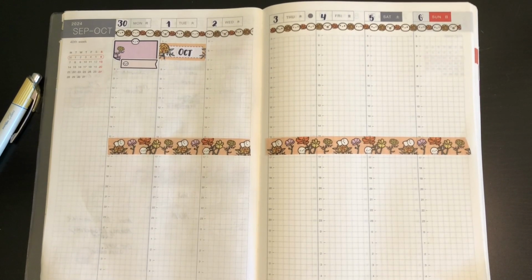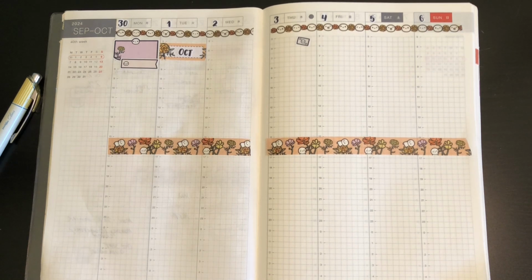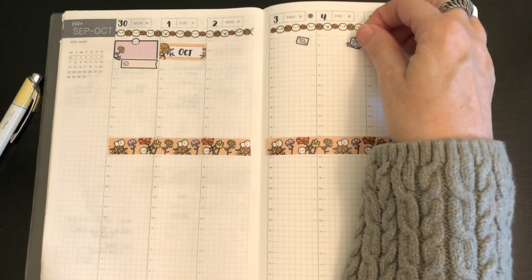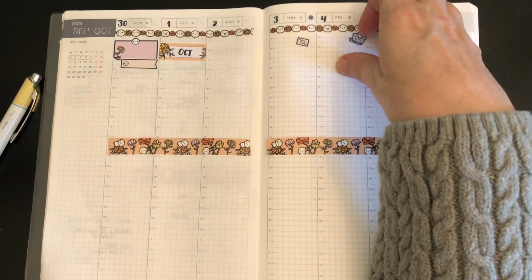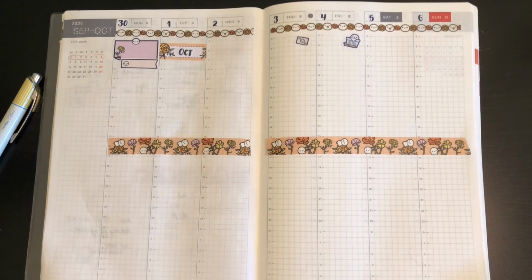So I put some sticker boxes down because on Monday it's actually Truth and Reconciliation Day here in Canada, and it's also a day off work, so I'll put that down. Got the payday, which I have to remember because the first is Tuesday and there's a lot of bills that come out on the first. It's odd that it's that early in the week, so I'll have to double check my bank account tomorrow too to make sure everything is covered. It's also on my list to update a lot of things that I hadn't been updating in the last couple of weeks. So we got recycling,